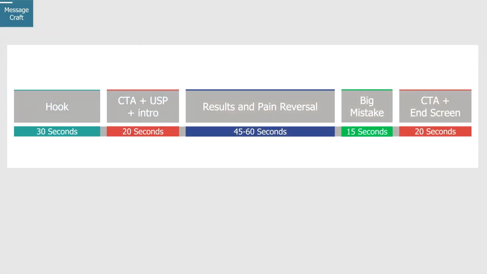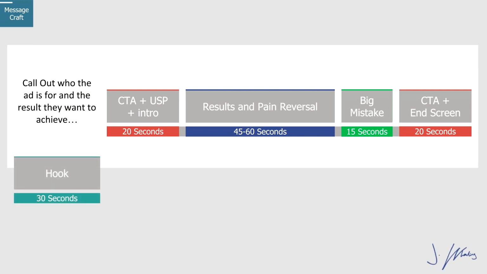Your first 30 seconds is going to be a hook, and this is simply where you're going to call out who the ad is for and the result that they want to achieve. This is where you can use that first 30 seconds to your advantage. For the first 5 seconds, just remember that no matter who watches it, everyone's going to see it. So if you can get some sort of graphic or picture of yourself or your business or your brand, you get some brand awareness in there real quick. Then you go straight into who the video is for and who the video isn't, because you don't want to pay for people who aren't interested in whatever your business is or whatever you're trying to offer.